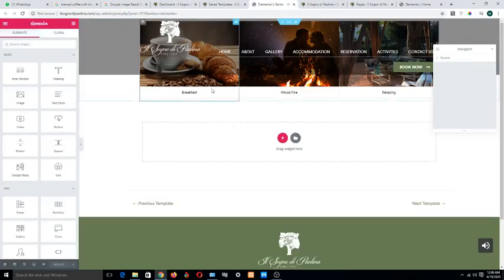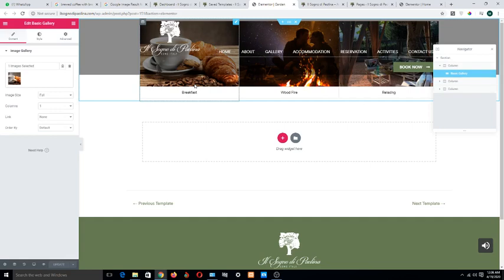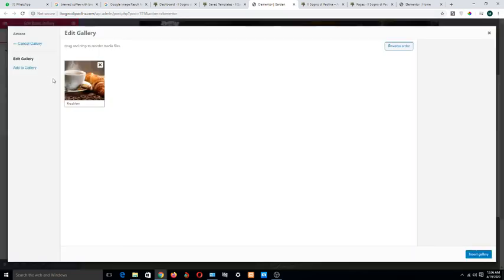Now if you want to change the image, simply click here, so the section will highlight, and from here you can simply click and select the image. If you want to remove this, click on this minus icon, or if you want to add new, click on this add to gallery button.